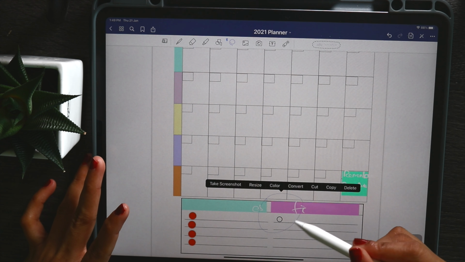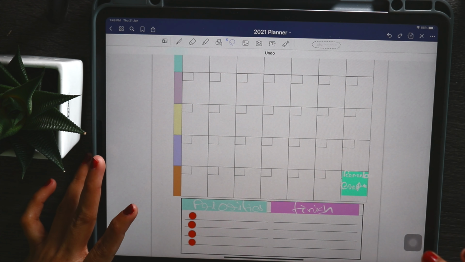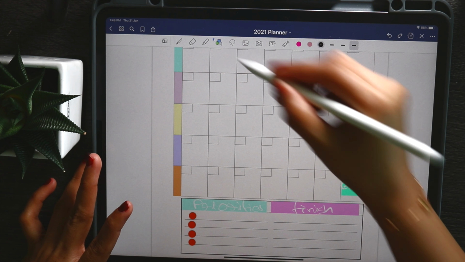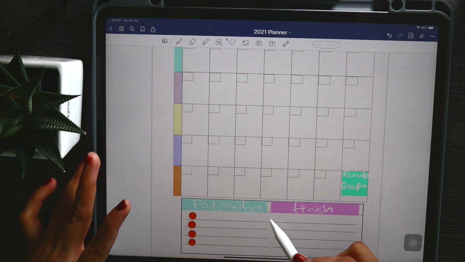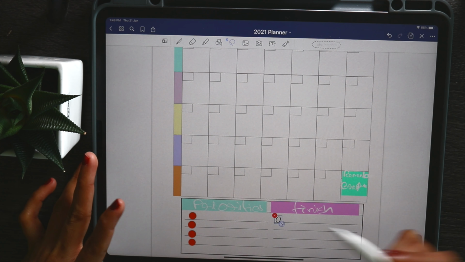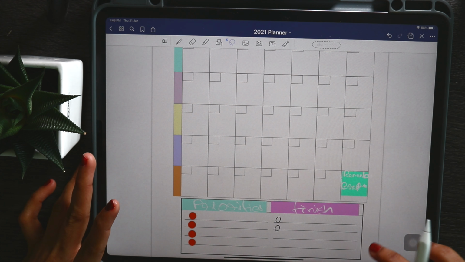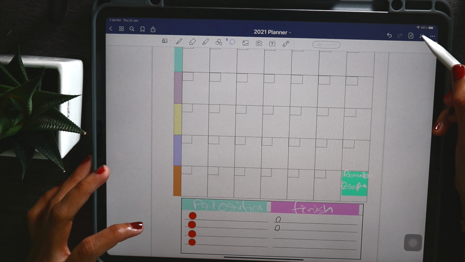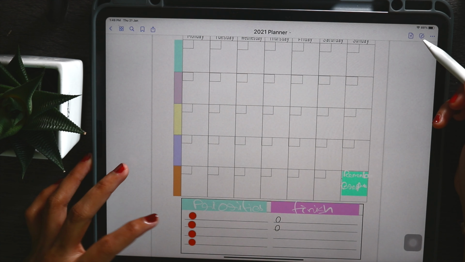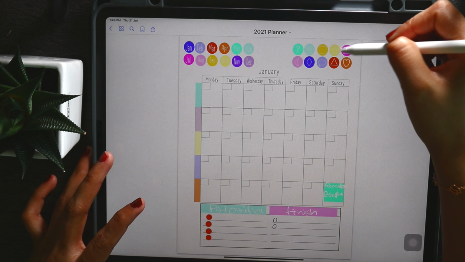I'm just going to draw a circle. If you draw it over here, you can copy and paste it. The problem with drawing it here is you can't select it because it will select all of this stuff. So I'm going to draw it up here, get my lasso, cut, and then just like we did on the other one, I can just paste this into place. So you could also use any of the other stickers on any of these pages. These shape stickers are really flexible.